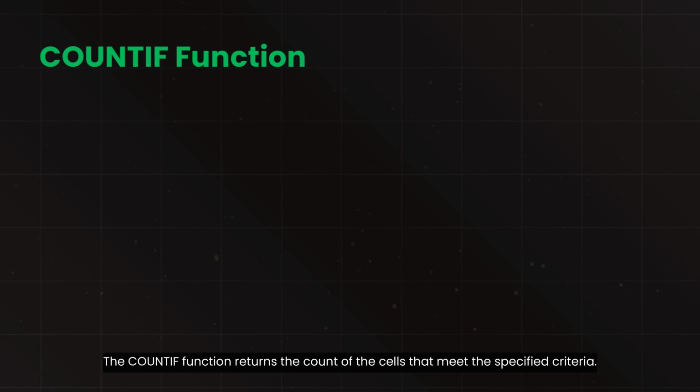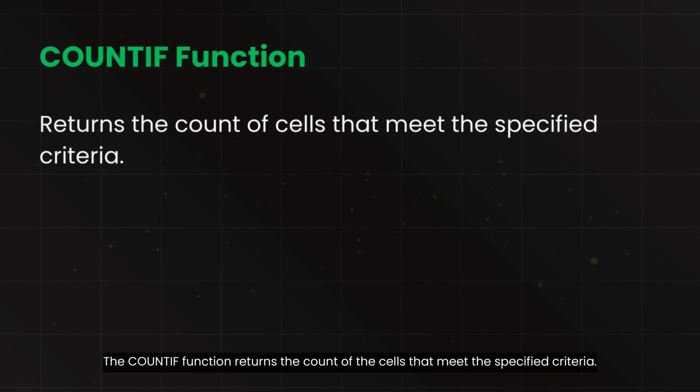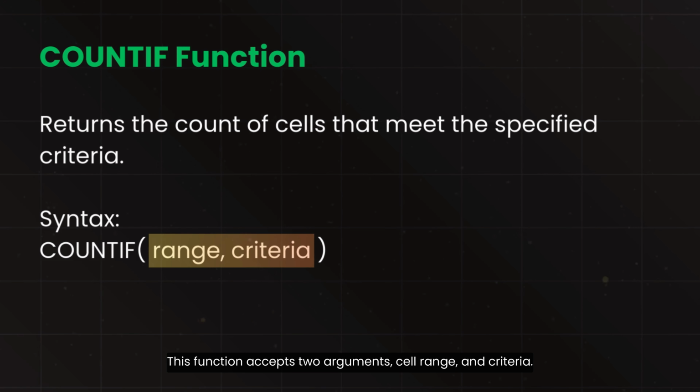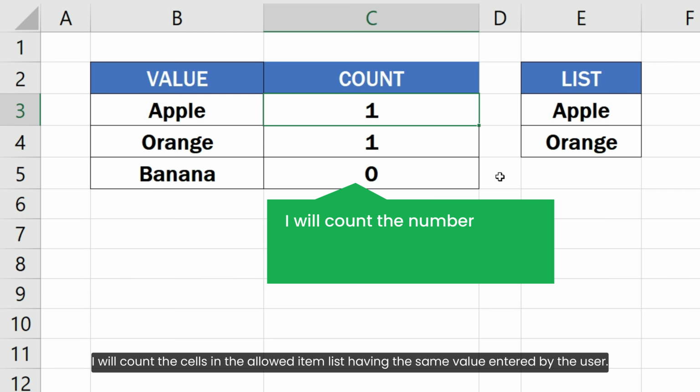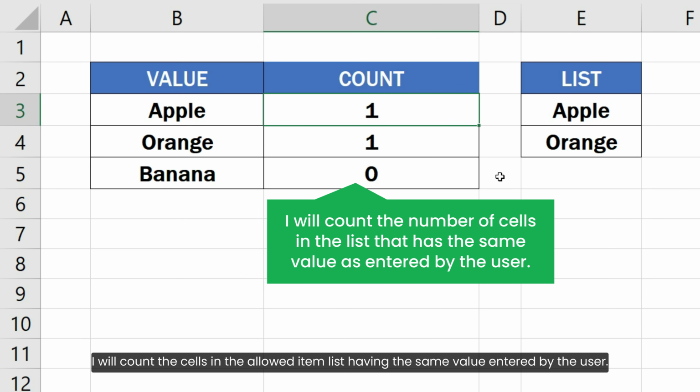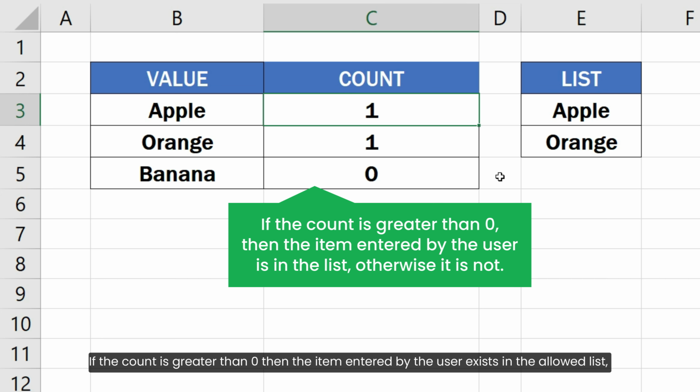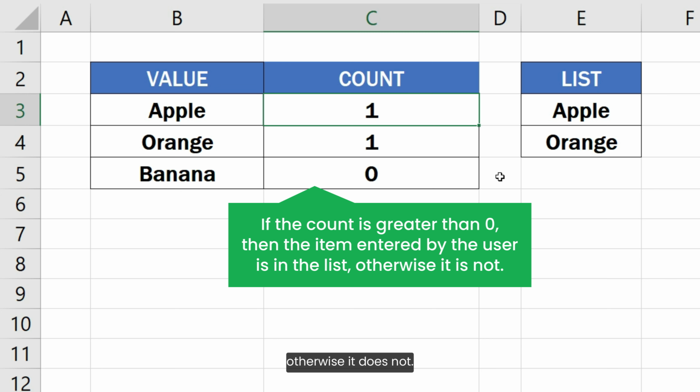The COUNTIF function returns the count of the cells that meet the specified criteria. This function accepts two arguments, cell range and criteria. I will count the cells in the allowed item list having the same value entered by the user. If the count is greater than 0, then the item entered by the user exists in the allowed list, otherwise